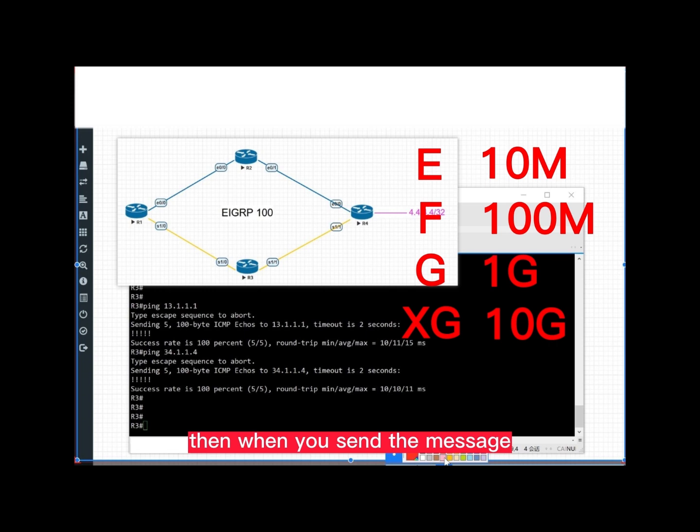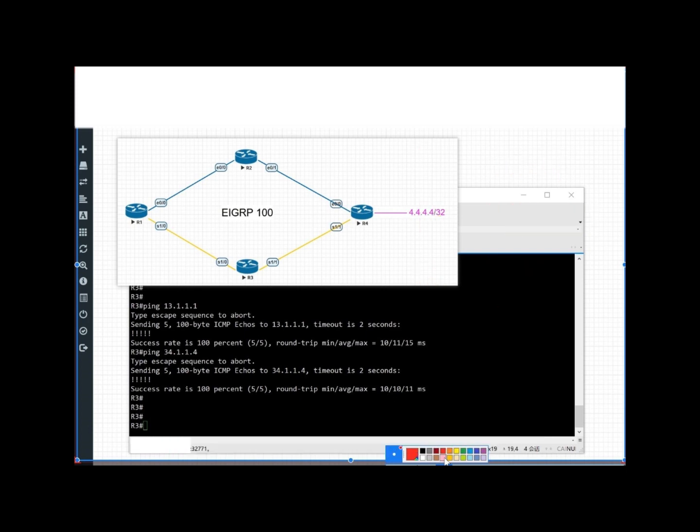Then when you send the message, packets will definitely be dropped. When you sent the message for the first time, the request must have timed out, because you are now doing an ARP reply and there's no way it can come back in time. So it times out. So why isn't the packet dropped below? The following is the S port. It is a serial port. Serial port is a technology used in wide area network, that is, an interface type under WAN. We don't use it. Its typical characteristic is peer-to-peer, which means there is no